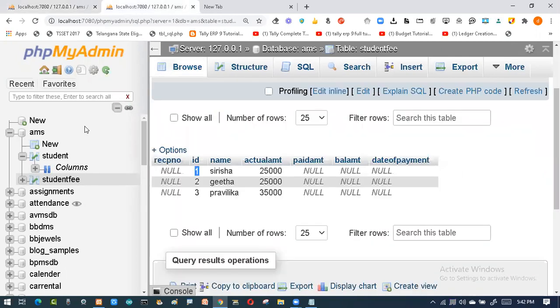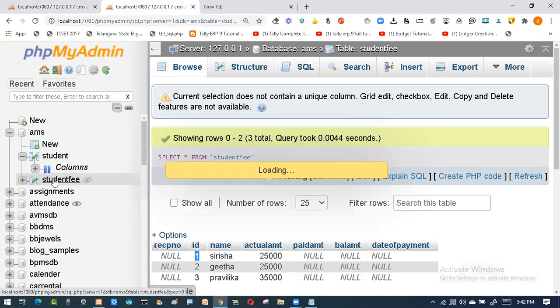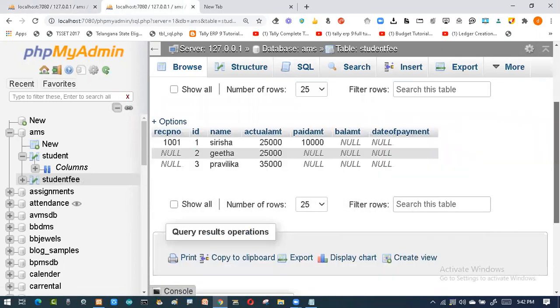Now let's go and check whether it has been successfully done or not. Now you can see here the receipt has been generated, the amount has been recorded. Now how has it happened? Only with the update command, because the data is already there. It is filling the gaps, or making the changes you want to the table. That means if the old records are there, you can make the changes with the help of the DML command called update. When I want a new record, then I'll go with the insert command. So this is the difference between insert and update. If a new record is there, go for the insert command. If you want to make any changes to the existing one, then I'll go for the update.